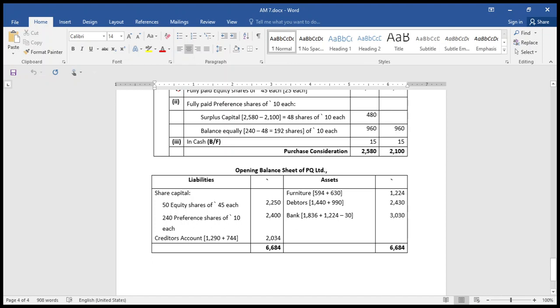So furniture 594 plus 630, debtors 1440 plus 990 taken over value. Bank balance, here you should be very careful. Taken over bank balance 1836 and 1224. Out of that you must deduct 30 rupees. What is that 30? Look at the purchase consideration calculation. While making the settlement towards purchase consideration, 15 plus 15, 30 rupees is paid in the